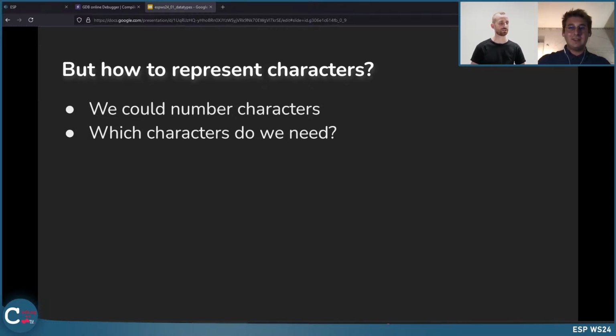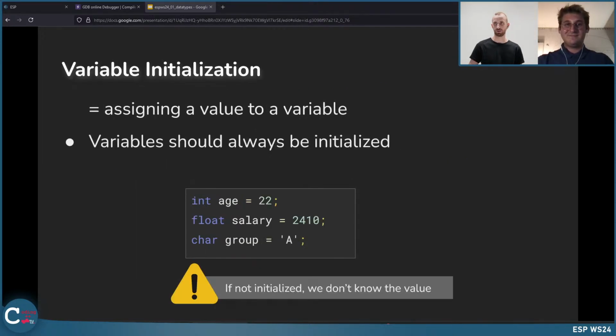Exactly. Having some characters really as data in the code. So what would be interesting? So we have our group in this case, and which type of information could we also need here?